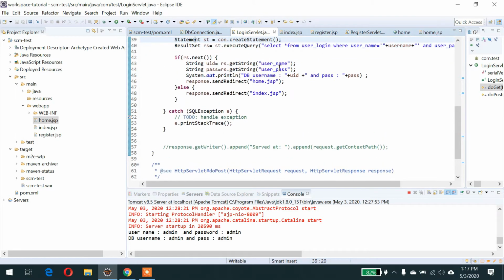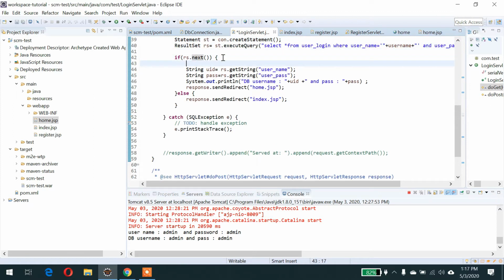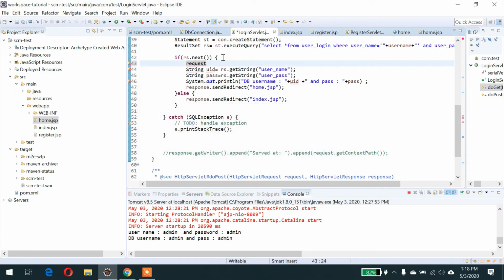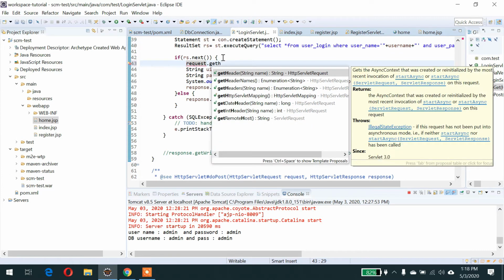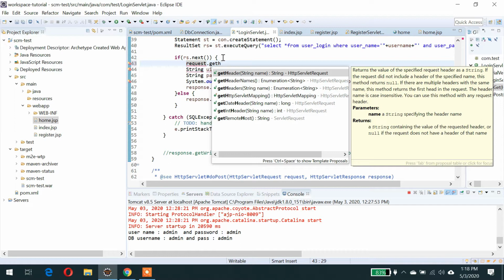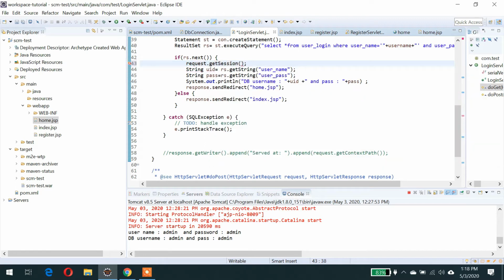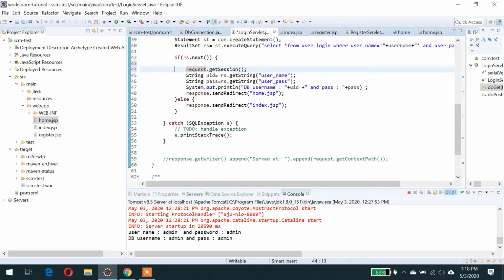When successfully logged in, then we will set the session. That is request.get